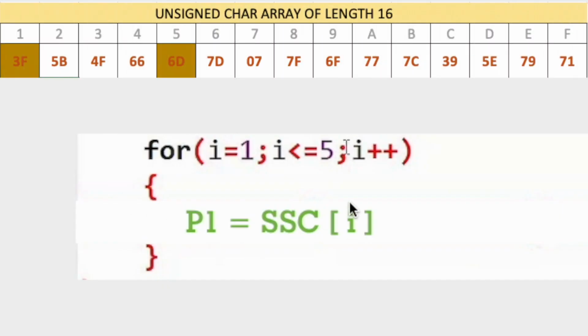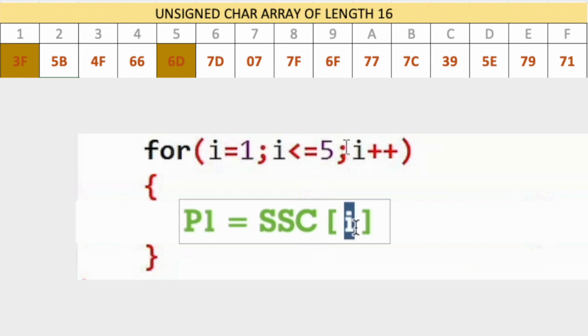Even in this scenario we have a for loop in which these array references are made with a dynamic reference of the index value with I. That means we are not going with a fixed value reference of the array. I takes different values for each occurrence, and when I is assigned 1, SSC of I will refer to the first element, and then it will end up sending 3F to P1, and when I is assigned 2,